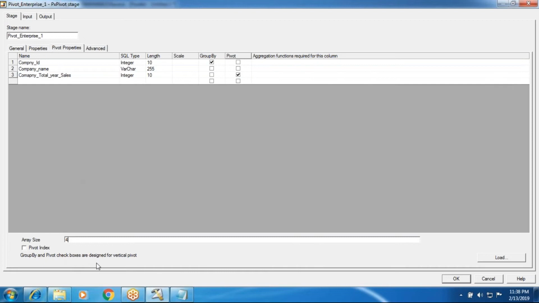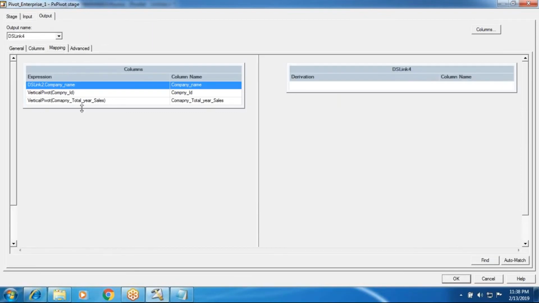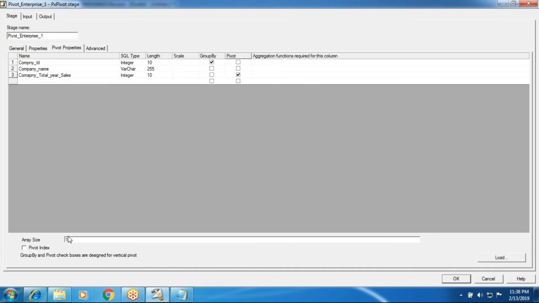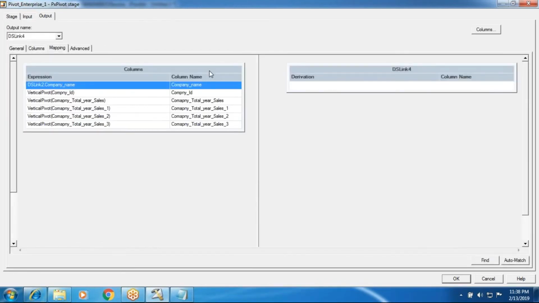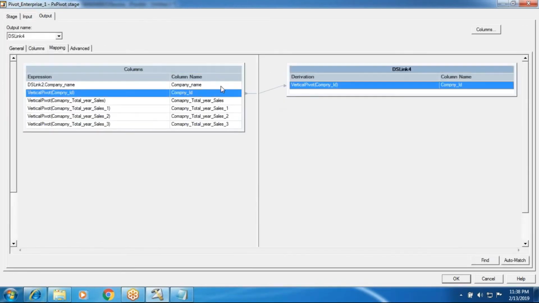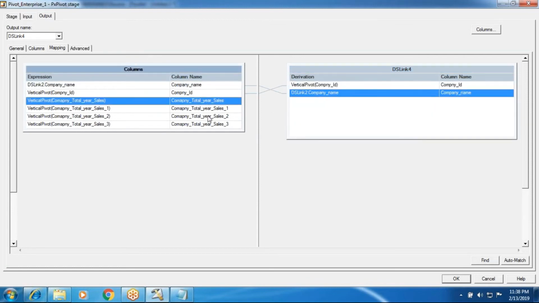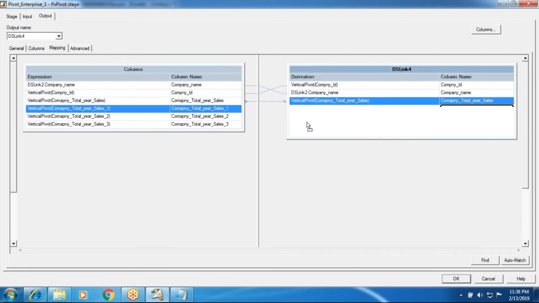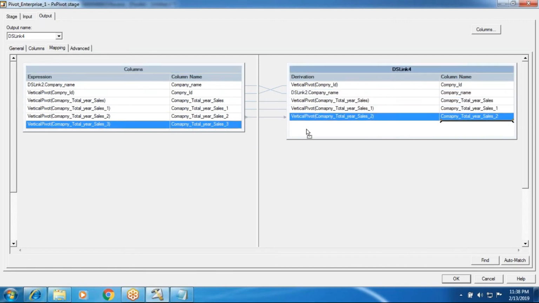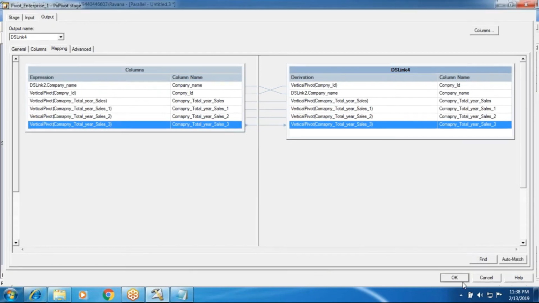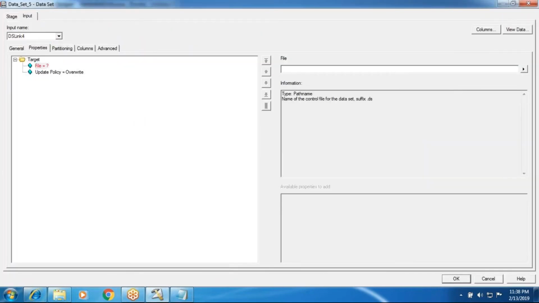Array size 4. Before that, just go to the output. You have only 3 columns as it is from the source. But once you go to these pivot properties and change the array size to 4, automatically in the output you see 4 values. So just map your order according to the order that you have. Click OK and make the dataset as vertical